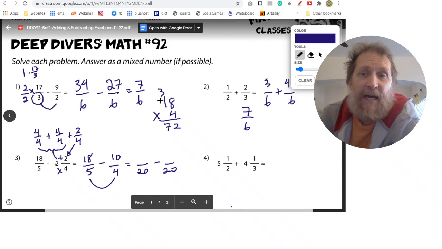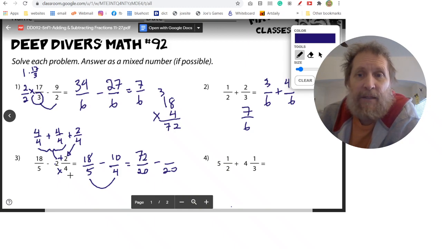If you're in my mental math class, you might know that 4 times 18 would be the same as 4 times 20 minus 4 times 2. 4 times 20 is 80, minus 4 times 2 is 8, and you'd get 72. You can also, of course, cut in half and double, which is another mental math trick that I use. You could do 4 times 18 is the same as 8 times 9. Double the 4 and cut the 18 in half, and you get 72. Either way, you get 72